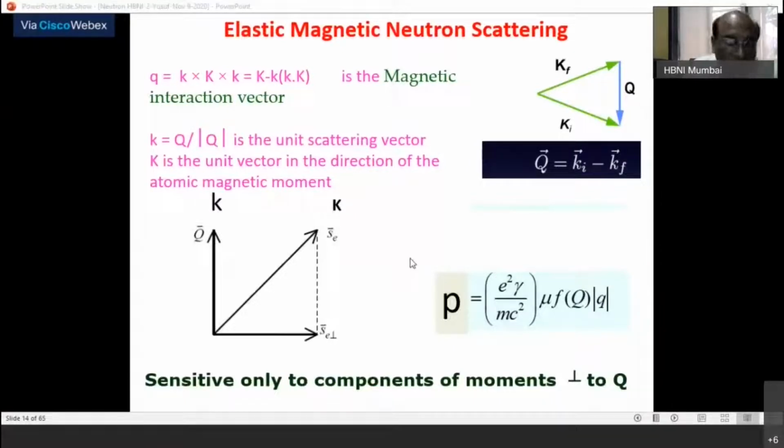See, neutron diffraction. One thing you must know, whether it is neutron diffraction or neutron elastic scattering, data analysis is straightforward. Of course, one has to learn it, but there is no ambiguity in it. But so far, I have not told you one thing. I have been saying X-ray diffraction, and I am always talking about X-ray being electromagnetic radiation. It has an electric field vector, and that electric field vector is quite strong, and it gives the charge scattering, and it gives you the atomic charge cloud positional periodicity, that is atomic periodicity.